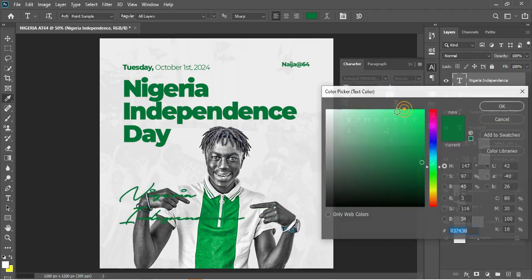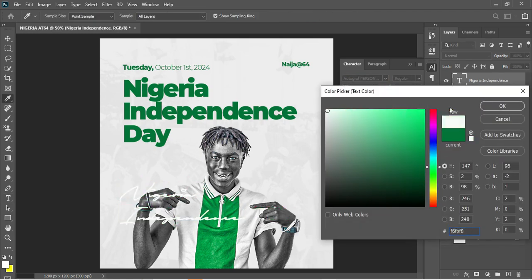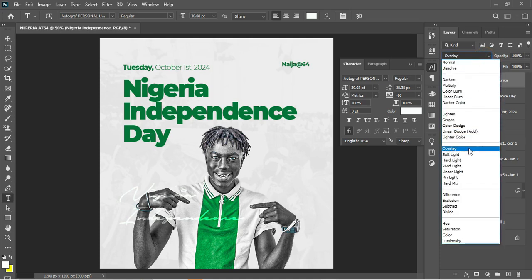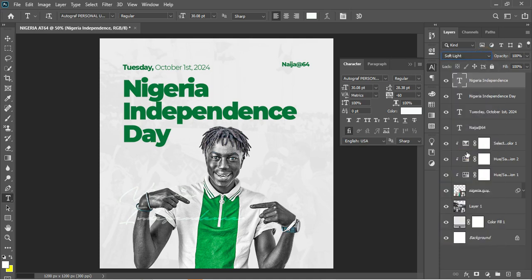I would like to change its fill color to white. And finally, after I'm done with that, I would like to also make adjustments to this by changing the blending mode. So I would like to scale down the blending mode to this, enable the flux bold, hit enter,